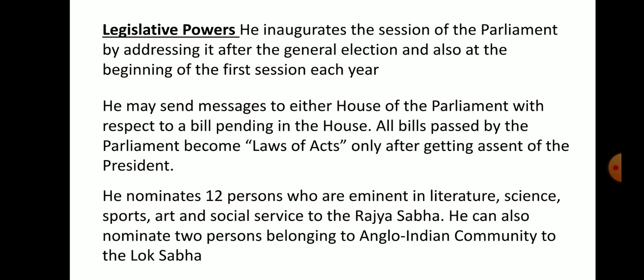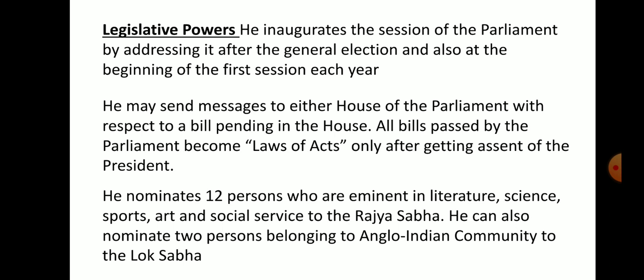Well, for the first session of every year, he is the one to address. He may send messages to the Houses of Parliament. Not only that, all the bills have to be passed by the president under his leadership. Bills in the sense all the money bills, we call them budgets, all those things. He nominates 12 persons who are important personalities in literature, science, sports, arts, as well as social service